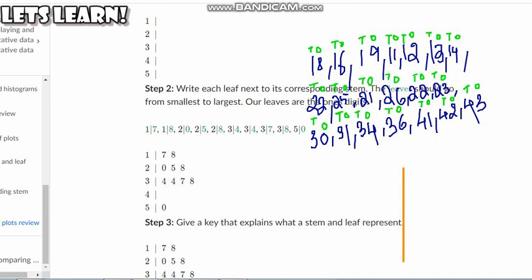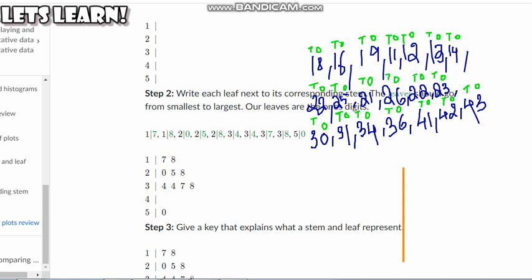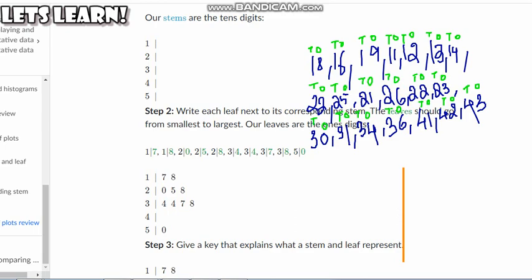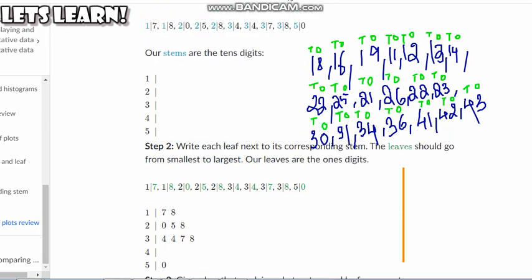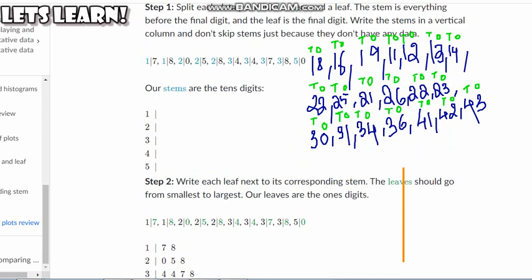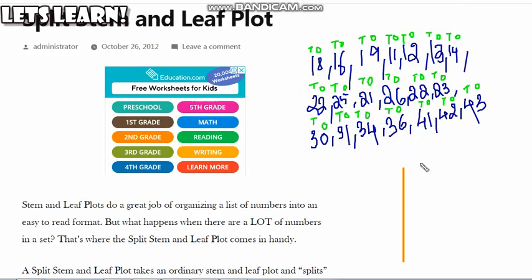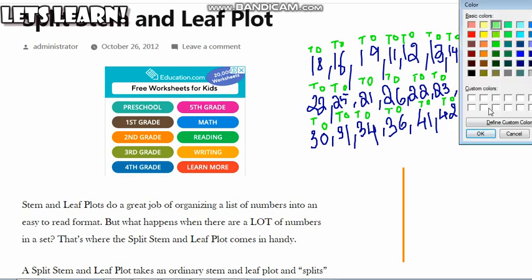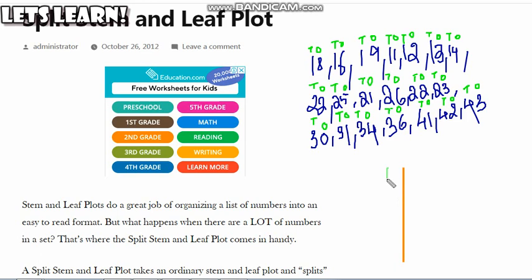I will be first taking out the common numbers coming in the 10th place, like I've done it here, this part. So I'll be doing the same thing here. This part also, what I'll be doing is that I'll be taking out the common numbers coming in the 10th place. If I see in the first row, we can see that all the numbers are having the common number in the 10th place, that is the 1. So first I'll be listing out the first stem, that is the 1.